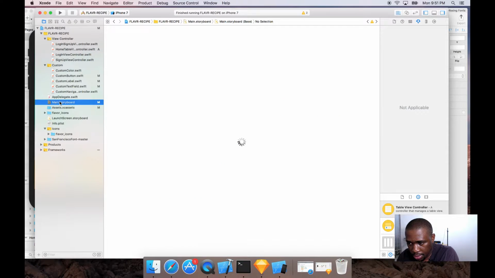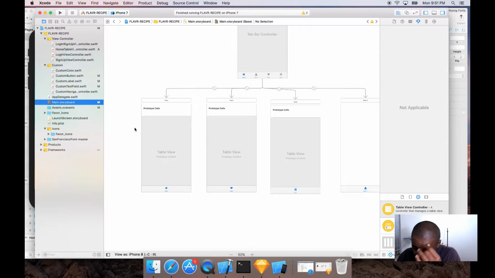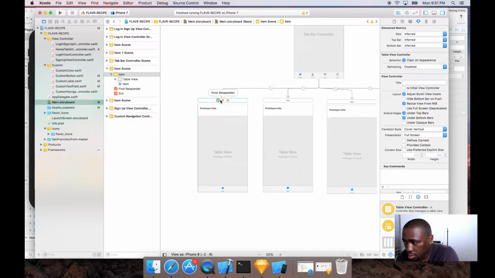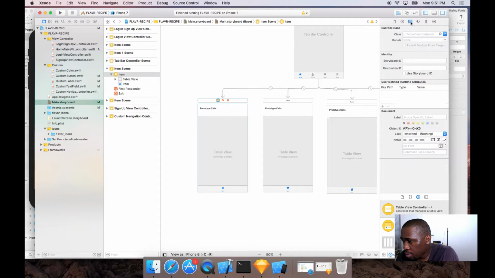Okay, go back to the main storyboard. I'll bring back this section right there. Use this icon to slide all these folders right here, and then I'll select the home table view controller, this one with this icon. Then I'll go to the identity inspector. In the class section, I want to assign it this home table view controller.swift file. So select this home table view controller. Alright,